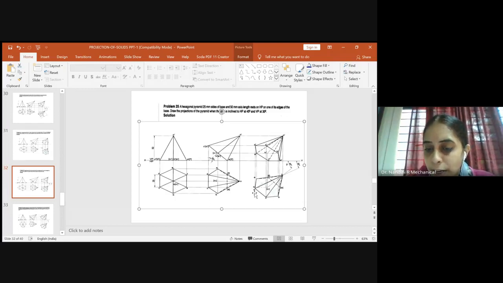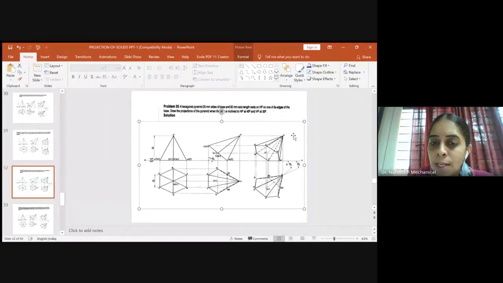Okay, so be careful. Take the projection from D, take the projection from E, from F, from A, from B, from C, and from O, and O1 also. So once you take the projection from all the points of the top view, kindly take the projection from the front view also. So we'll extend the projection from O1, C1 dash and D1, C dash and D dash, O1 dash, B dash and E dash, A dash and F dash.